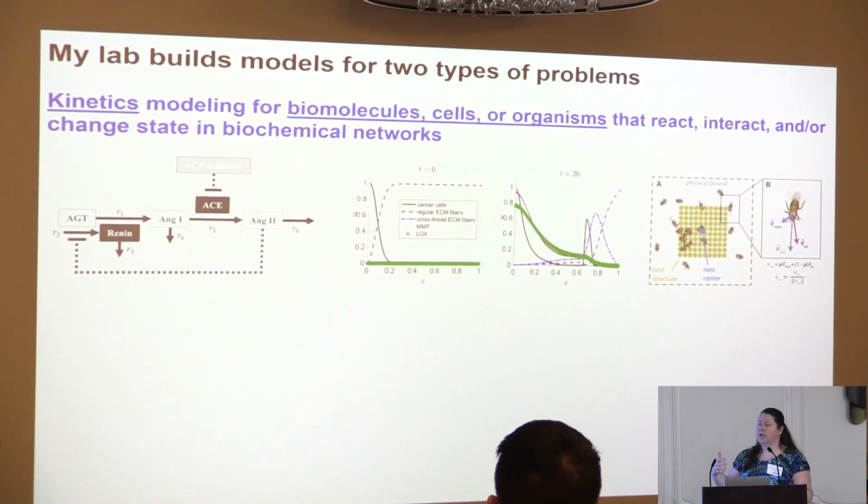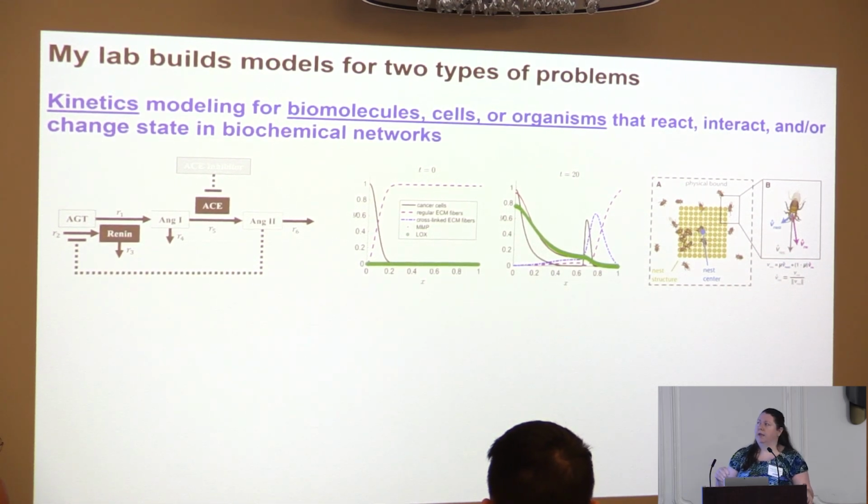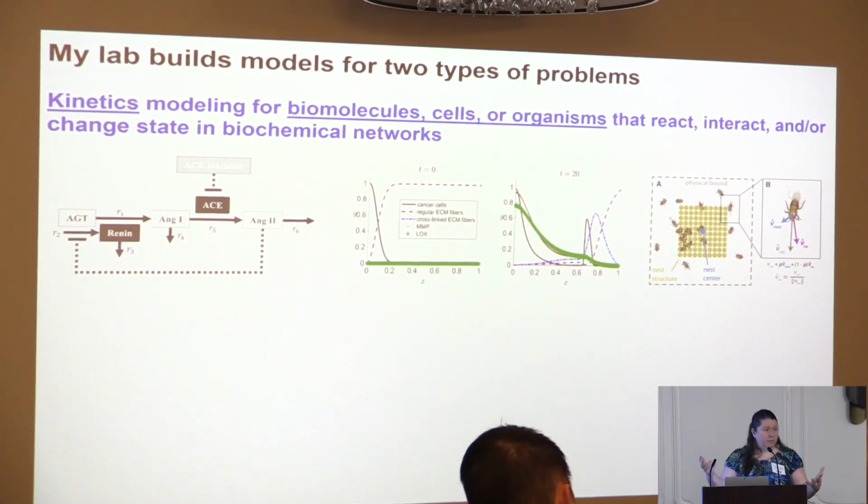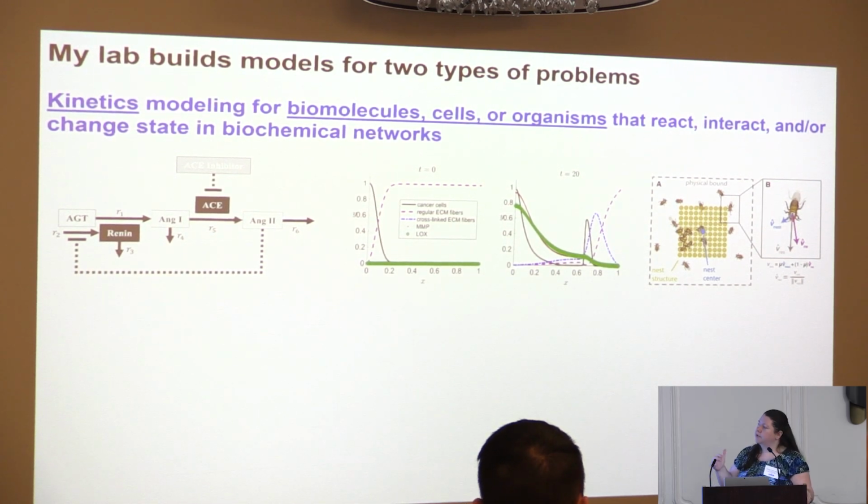So in kinetics, the topic of interest could be a biomolecule, it could be a cell, could be an entire organism. So we have some work with bees where we consider them as a whole organism. And we're thinking about the reactions that they go through, the interactions between communities or individuals in these entities, and how they might change state. So state might be active to inactive, or inactive to activated. It might be switching phenotypes through differentiation. It might be not moving to moving or proliferating or some other kind of function,